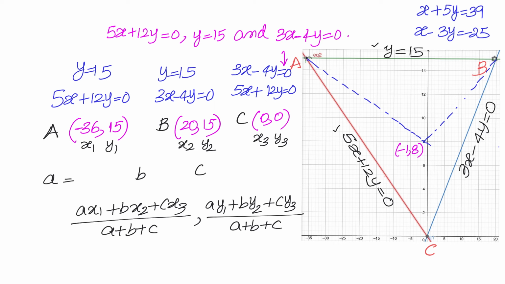Now what is small a? Small a is nothing but the distance between B and C. Let's find out the distance between B and C. Square root of 20 square plus 15 square, that is square root of 625, 25. Small b is the distance between A and C, that is square root of 36 square plus 15 square. 1296 plus 225, 1521, square root is 39. And for the small c,